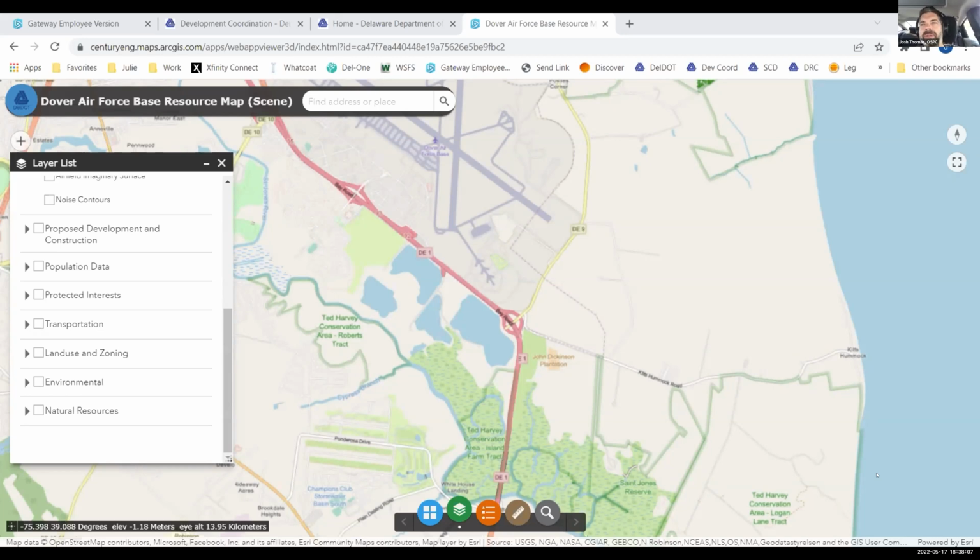I mean, when you think of Dover, you think of the Dover Air Force Base a lot. So I certainly don't want the consultant team or any of the stakeholders to think that there's nothing to talk about. It's more like, well, yeah, of course, it's Dover Air Force Base, part of the community. But I think it's going to get really interesting when we talk about future considerations and future recommendations. And that's really what I think folks will find interesting: what do we do in the future to kind of ensure and make the